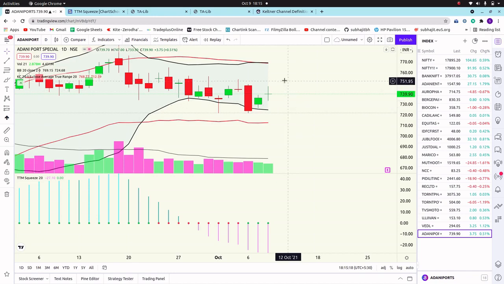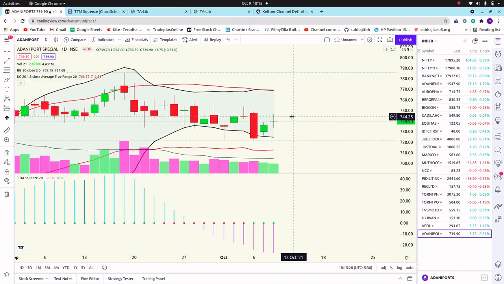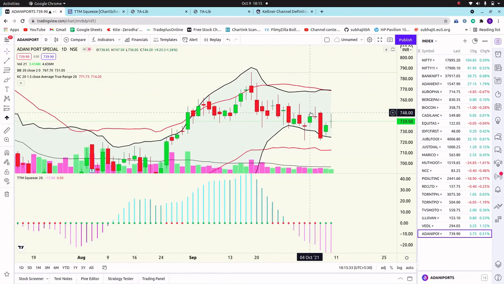Or you can add some logic to find out who closes above the Bollinger Band or closes below the Bollinger Band, so that you can take the position and take a better entry, and you will be in profit.